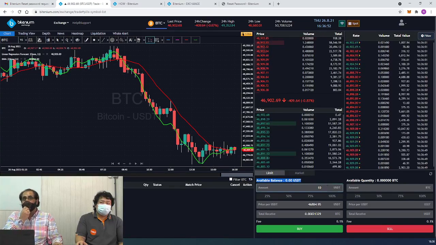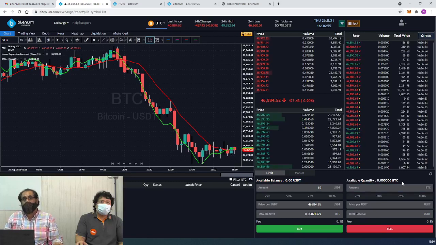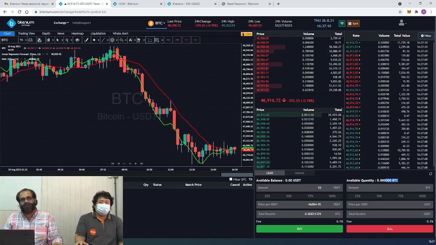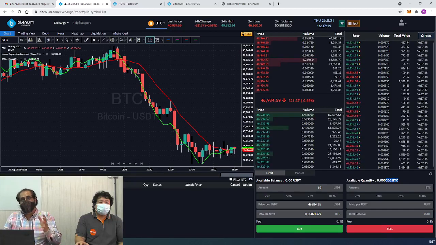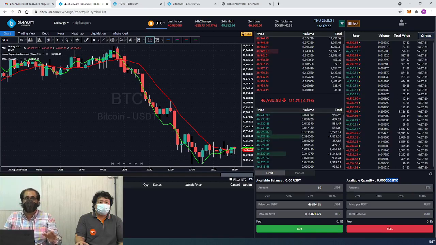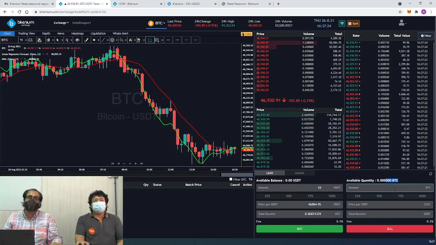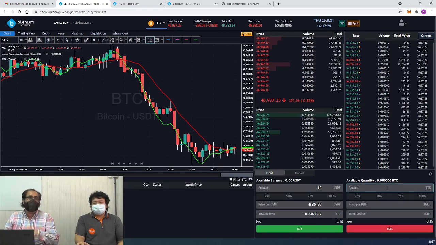Similarly, when you sell, you have to have the coins. It's not about having dollars; you have to have the coins, for example Cardano or Ripple, before you start executing orders. It doesn't mean that if you have US dollars but not the coin, you can sell. You cannot sell in the spot market, though in the futures market you can. So you need to have coins before you execute the order. For example, I have 1 BTC and I want to sell 0.5.